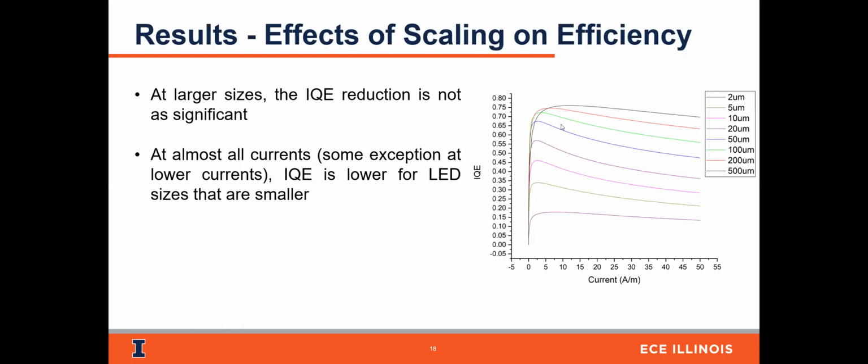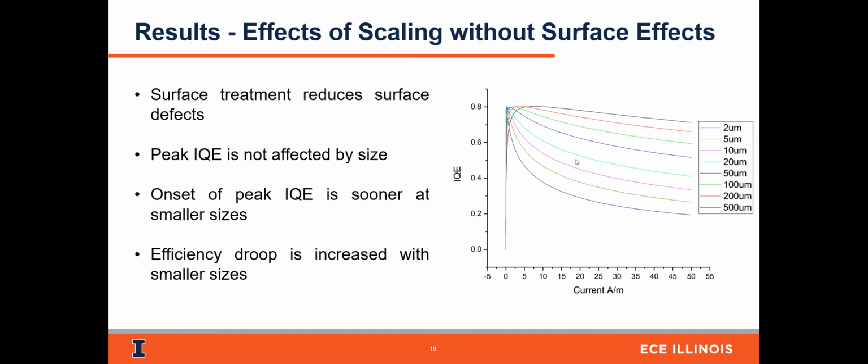This previous result considers surface effects, but this result does not consider surface recombination. So you can see that the peak IQE is not affected by size here because we are not considering surface recombination. Then the onset of peak IQE is sooner at smaller size. The smaller the size, the larger the current density is, defined in amp per meter